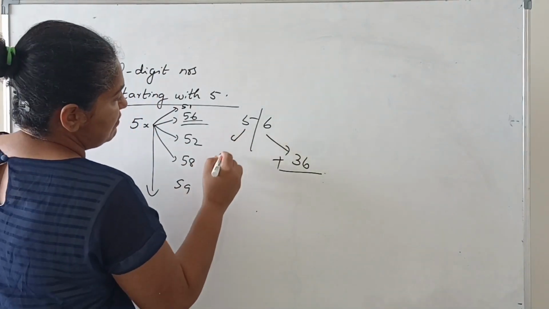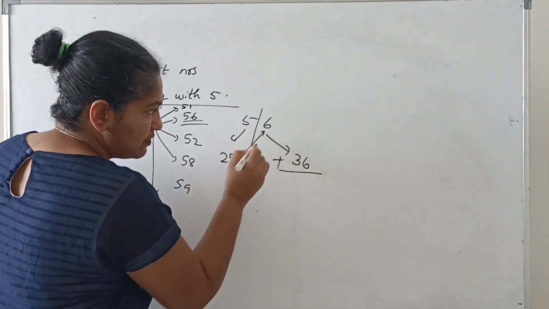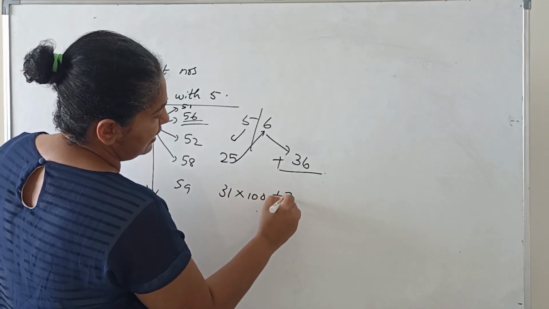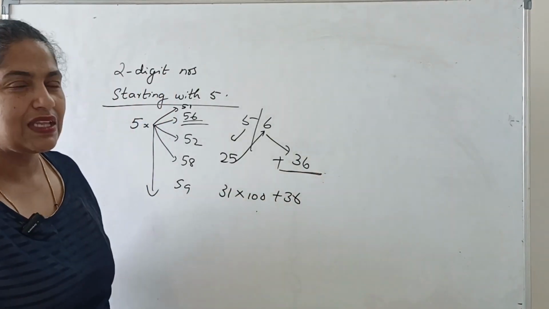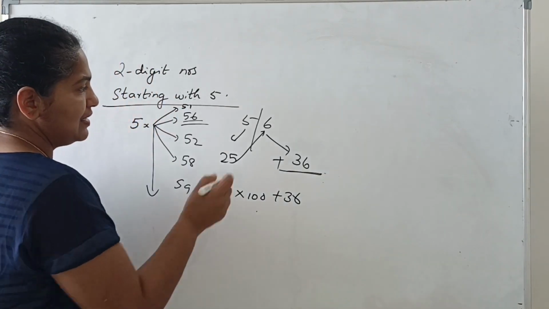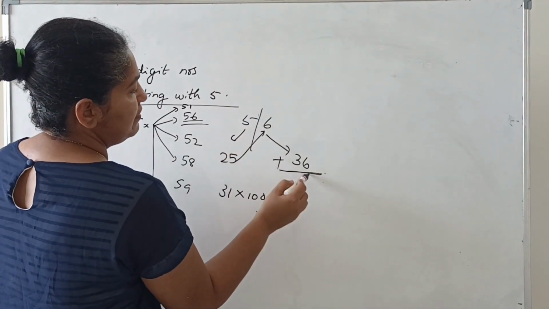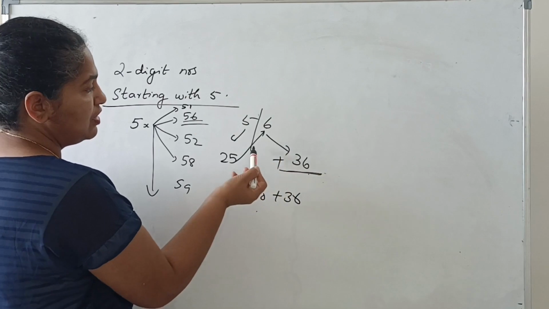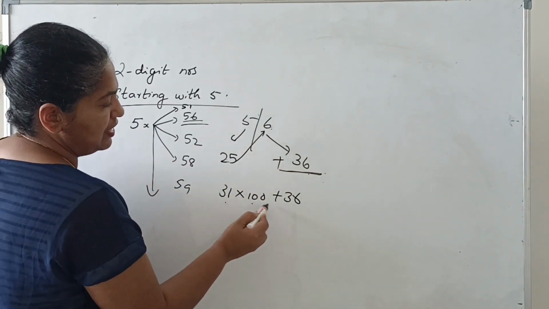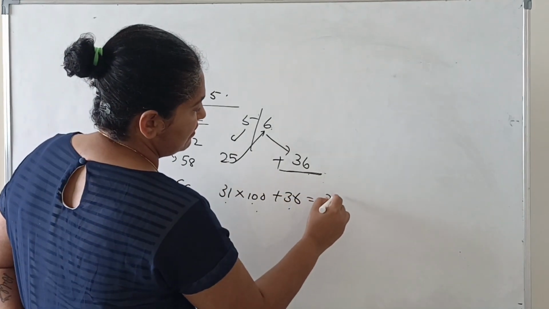Okay. Now 5 square is a 25. Add this 25 to 6. You get a 31. Multiply with 100 and add this particular number. Now when I'm saying it sounds like so many steps, it's not. I will tell again. 5, 6. 2 digits divided into 2. 6 square 36. Put a plus sign. 5 square is 25. Add to the 6. You get a 31. Multiply with 100 and add the 36. Okay. So you will get the value as